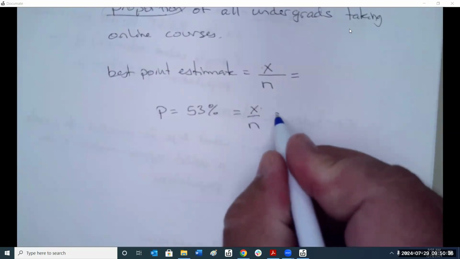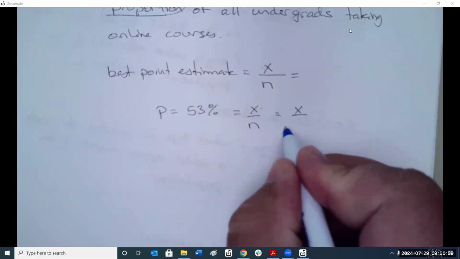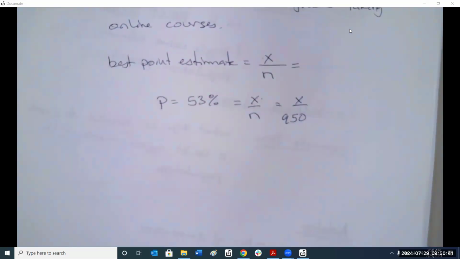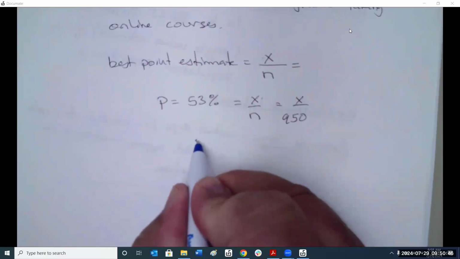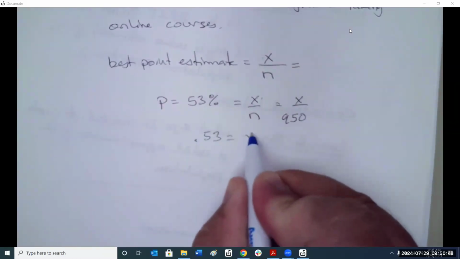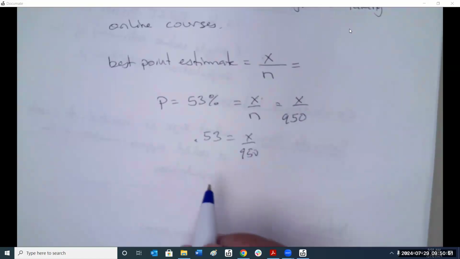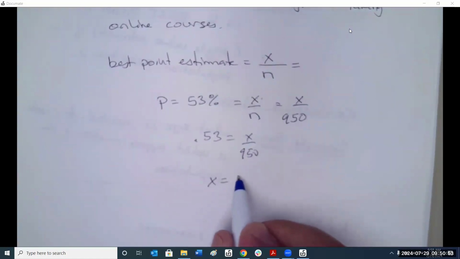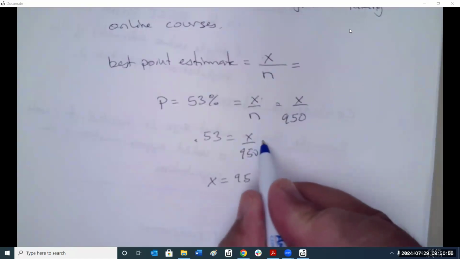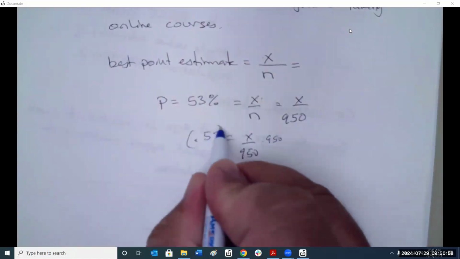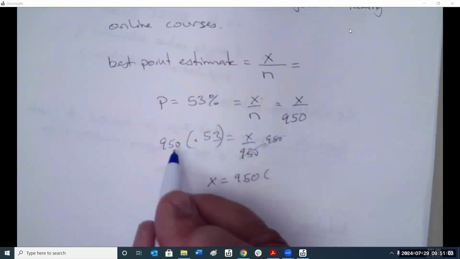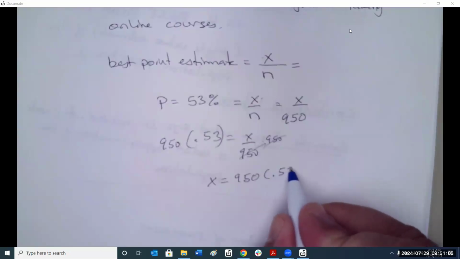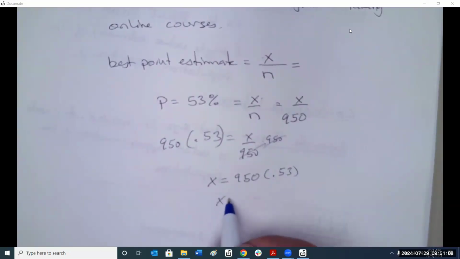So we know that. We don't know how many, so we know this. The sample size is 950. So we can go 0.53 equals X over 950. Multiply 950 to both sides. So 950 times 0.53. That tells us the number of